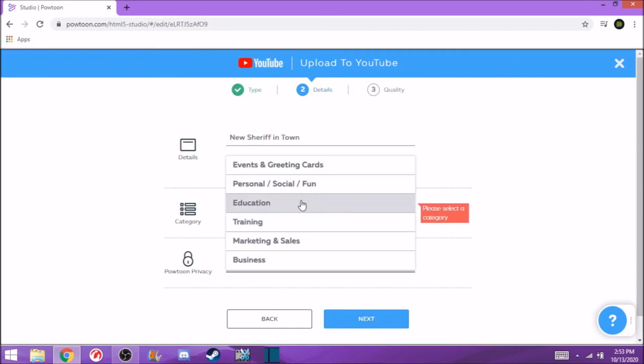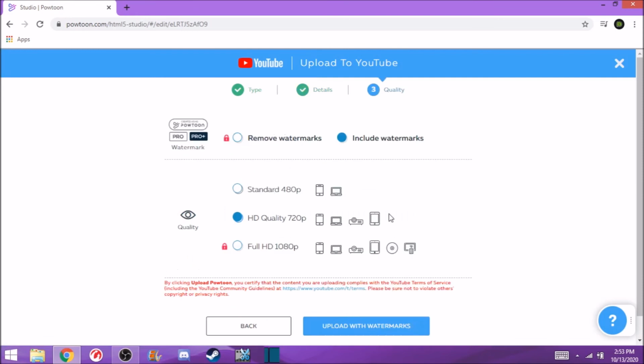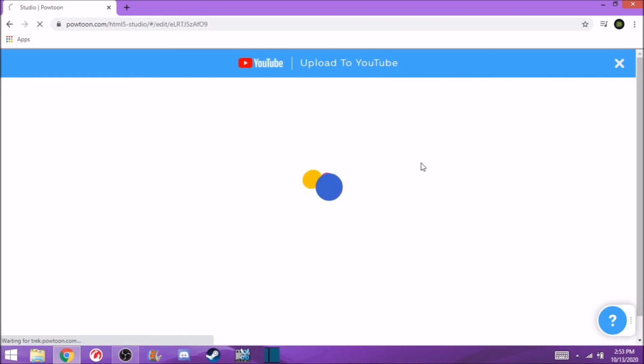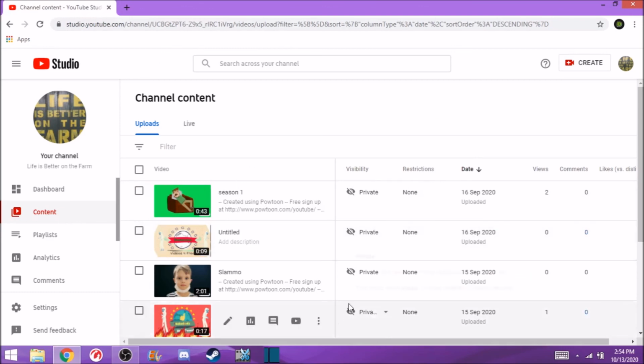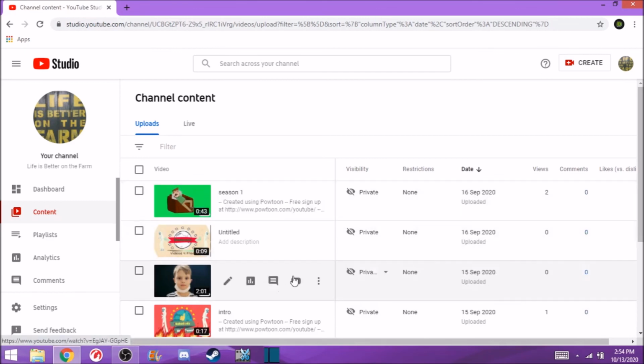You can do whatever you want with this. I need to select a category right here. And then it's going to say include watermarks. You're going to need to do that if you're doing it free. And then do HD quality, and then upload with watermarks. So once you've done this, it will pull this up. And now if I go to my YouTube, okay, so then it'll come on to whatever YouTube account you're doing it on. I don't want to waste a lot of time on this though, so let's just take this one,